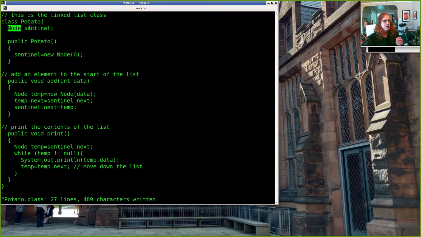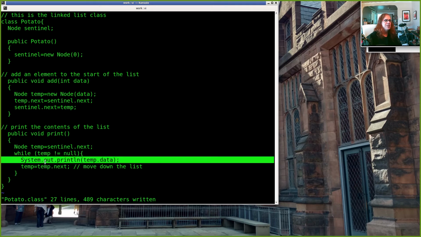Alright, so this is our whole linked list class, right? It's modularized. We're not doing the nitty-gritty node stuff in here. Well, nodes aren't that complex. We set the data field, right? But the sentinel, we just make a new node. To add an element, we make a new node. We have it point where the sentinel points, and we change the sentinel to point to the node. To print, we start with the first actual node of the list, or null if the list is empty, and as long as we're not at the end of the list, we print out the data field,